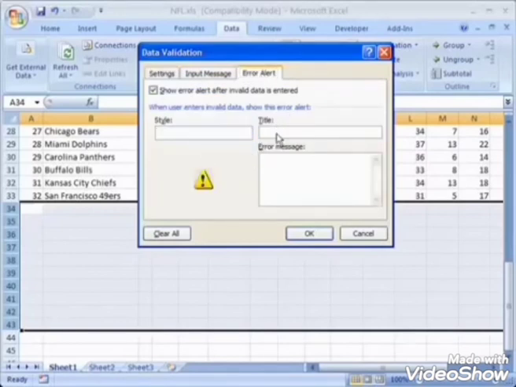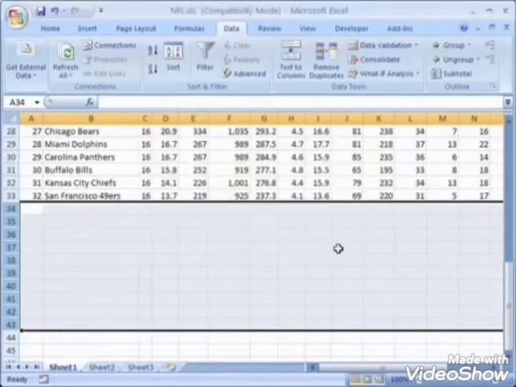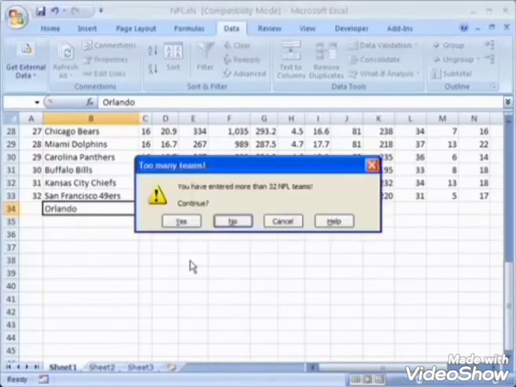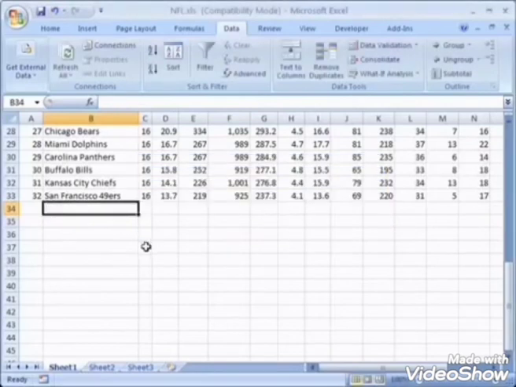Now see, I will change the message here. I will select the wrong symbol, see properly. Title I want to change now. In the title I wrote, you have to enter more than 32. Then I will click on the OK button. Now see, I will enter the information. See, the message came, in yellow color. Whichever message I typed there, that message came here. That is the information about data validation. Data validation is a very important part.